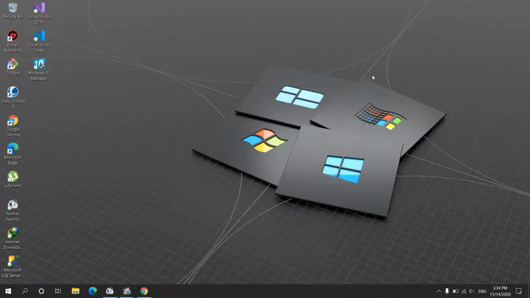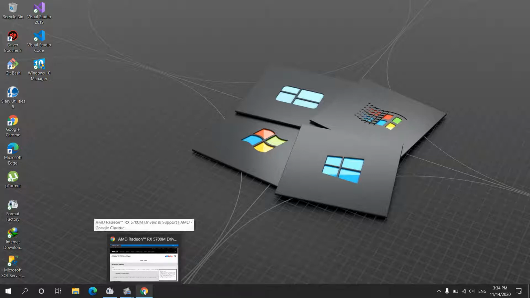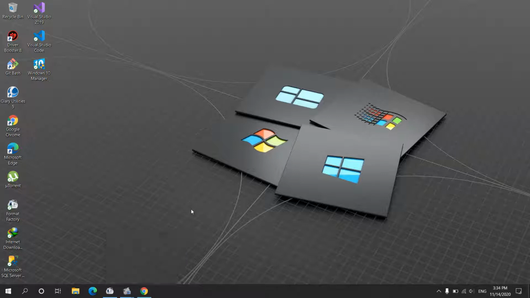So today in this video we are going to see how to share website links using a QR code. The trick I am going to share today will work on all the popular browsers which are based on Chromium. The two most popular browsers currently in the market are the first one, Google Chrome, and the second one, Microsoft Edge. Both of these browsers are based on the Chromium platform, so the trick I am going to show you today will work on both of these.